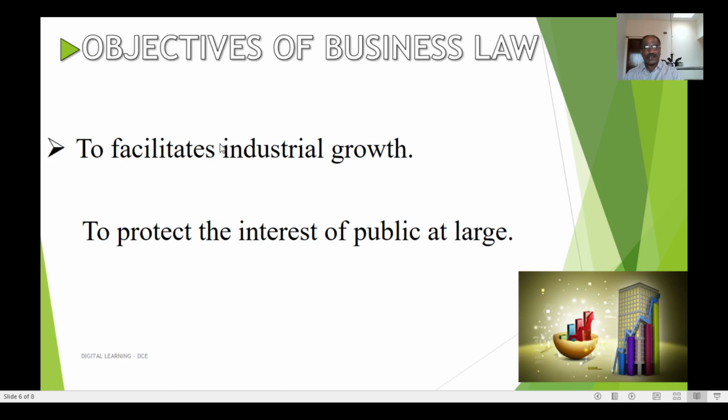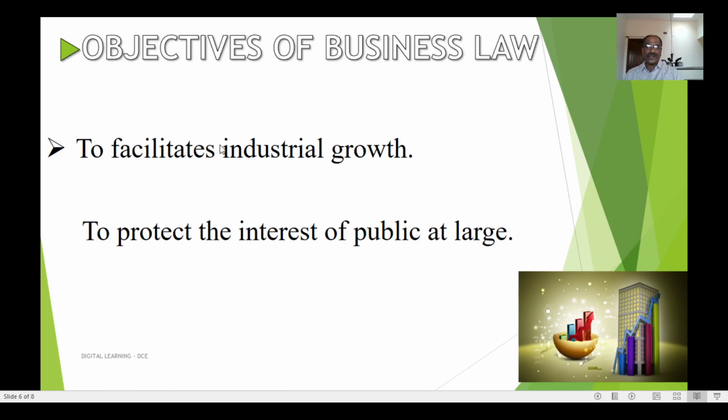If they raise the possibility for the closure of those industries, if the businesses are closed, and there is a loss of employment and a loss of income to the people, there will not be economic development because of the closure of all the business establishments. Therefore, if there is business law, it helps all the businesses and all the industries in the country to continue their businesses.